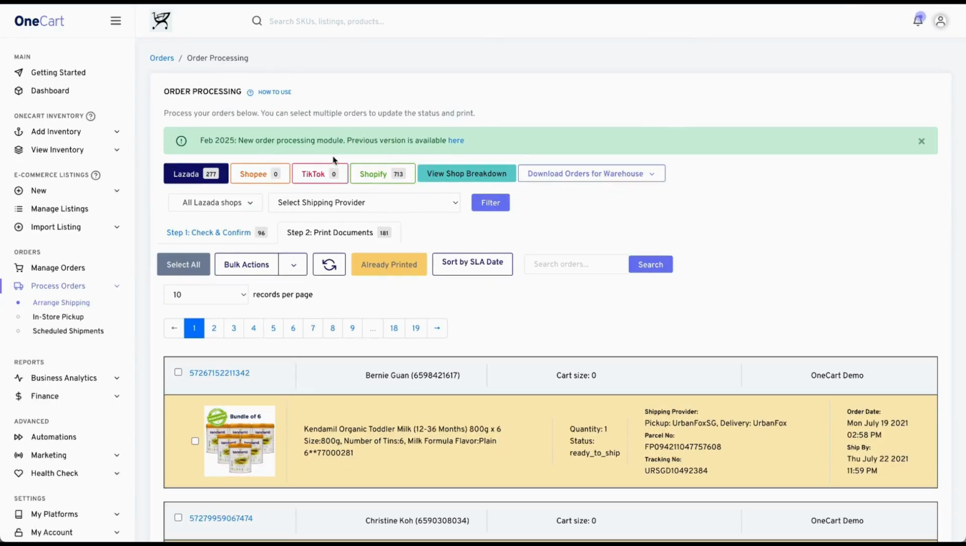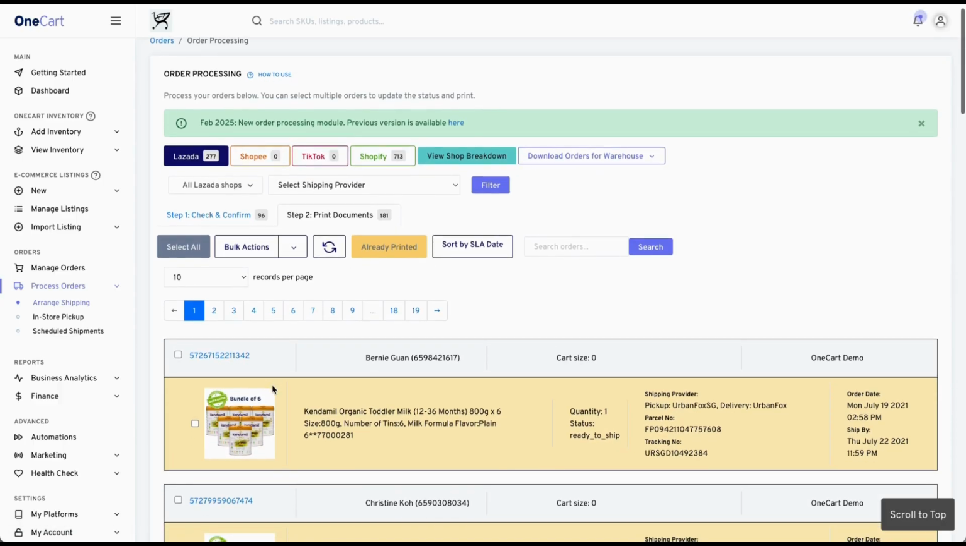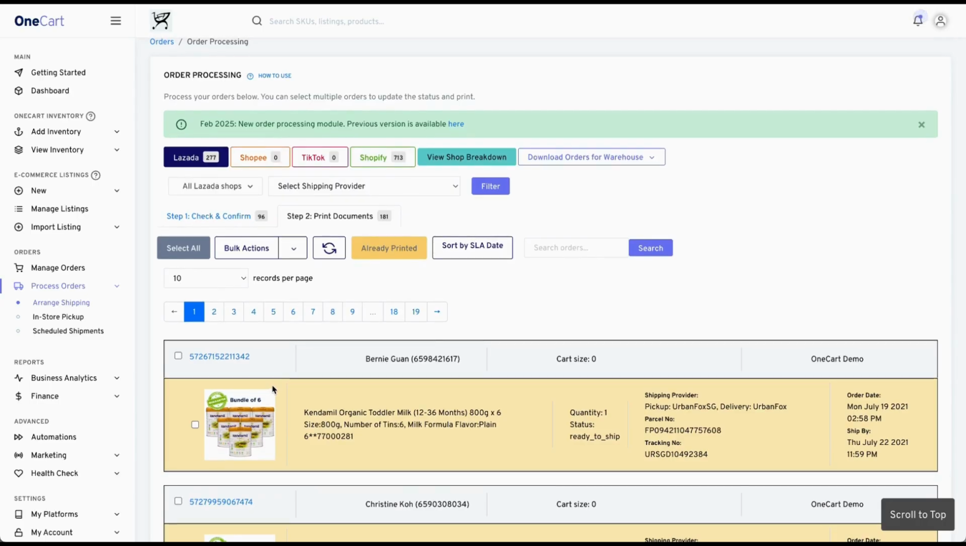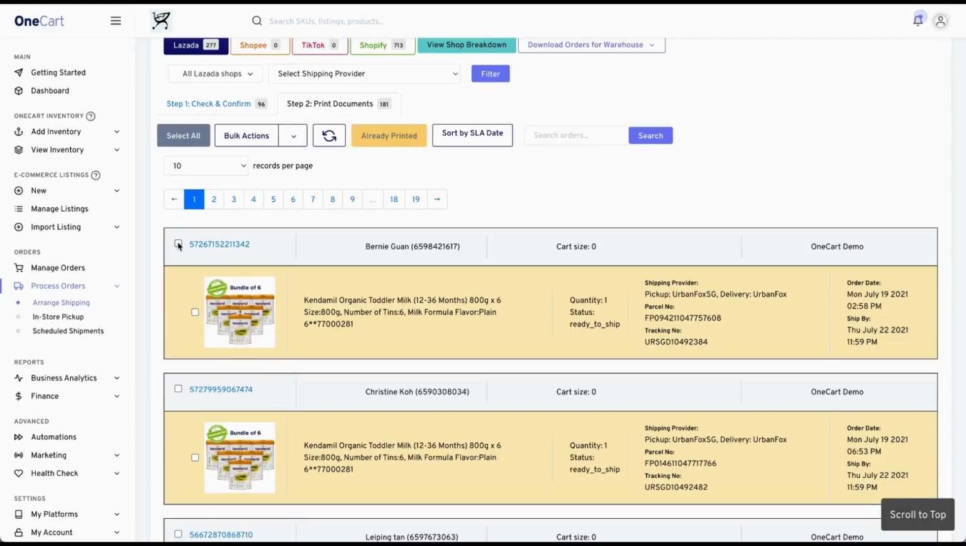In step 2 is where you are able to print your Airway bill. The Airway bill will open in multiple tabs of 5, and you'll also receive a consolidated PDF copy via the email linked to your OneCart account. So if you'd like to print this one,